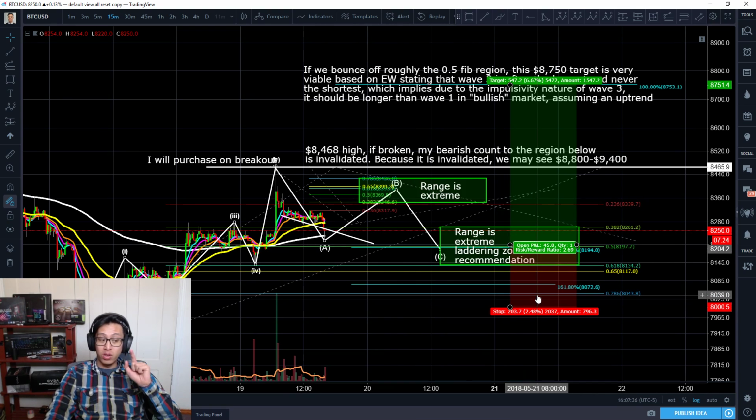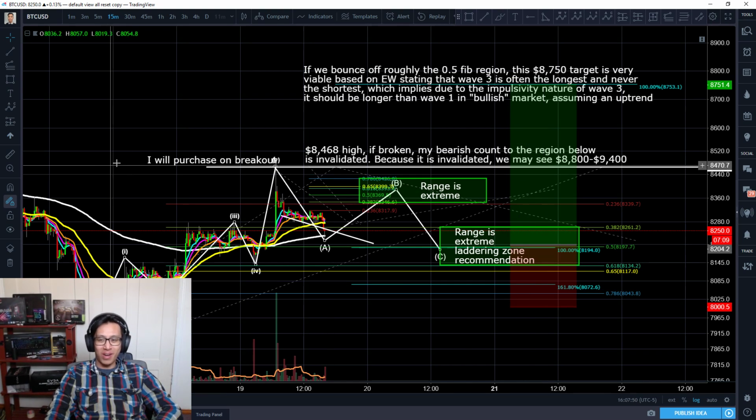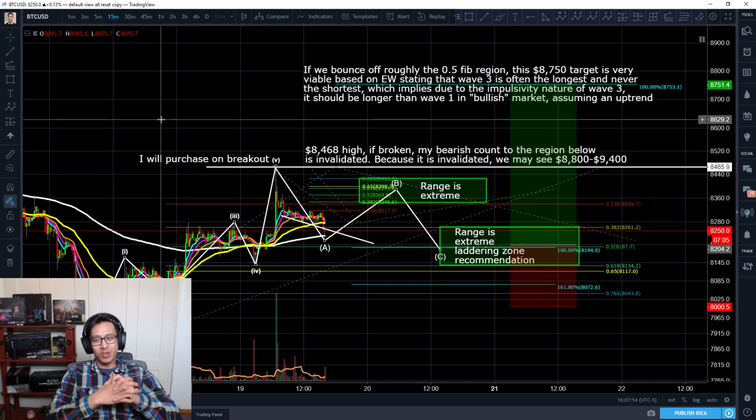If we see it leveling out the way that we want to in this range, in this laddering range, you guys got to make sure that you define your own stop loss, okay? I am not responsible in any way for your losses. I just want to be very, very clear about that, okay? It's still there where people are like, I followed your trades, I took your advice, but I still lost money, right? Just because we take the same trades and I am doing my technical analysis videos and you guys are watching it, doesn't mean that you're also capable of doing the same thing, right? Because we are managing our risk very differently.